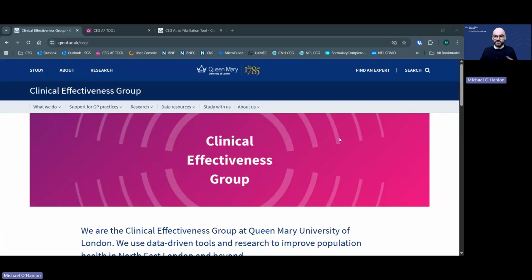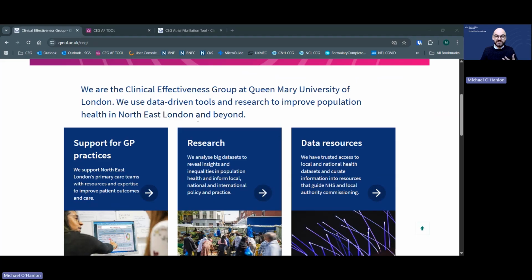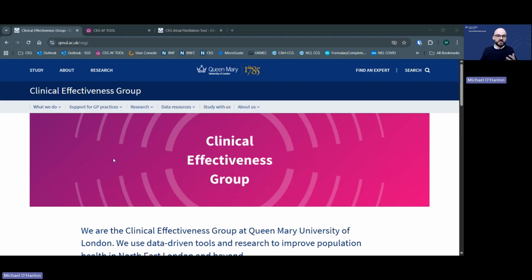Okay, can everybody see the CEG website that's popped up here? Yeah. Okay, brilliant. So what I'm going to do is I'm just going to show you where you can find the link on our website. You can actually go straight to the tool as well, but if you're not sure what the link is, the easy way to find it is going to our website,